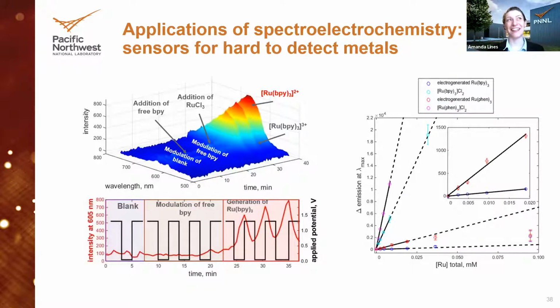Ruthenium is, again, truculent. It's very poorly behaved, and its kinetics are extremely slow. So in this system, you're right, it took us an extended period of time to force that ruthenium to start complexing with our sensitizing ligand. And then we could play around with it electrochemically, and it was relatively stable, but again, it just